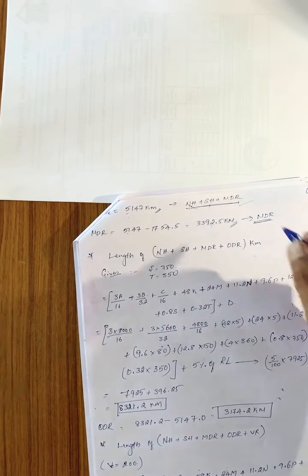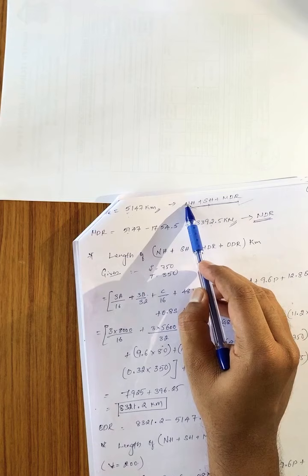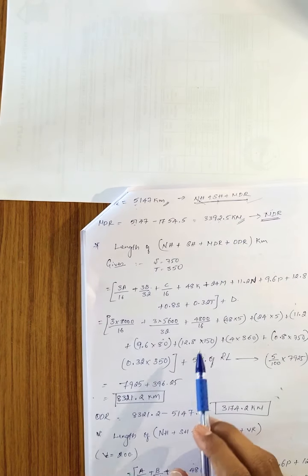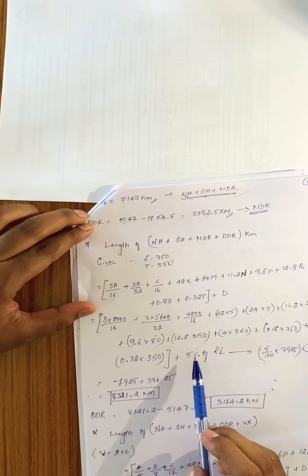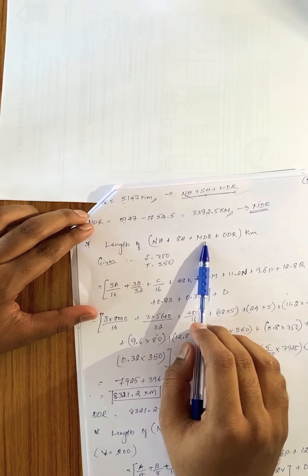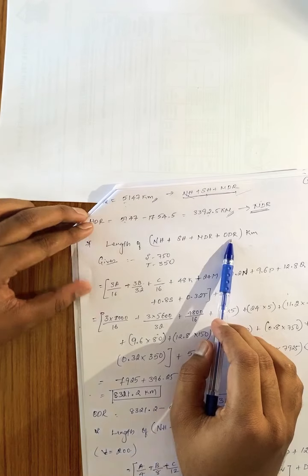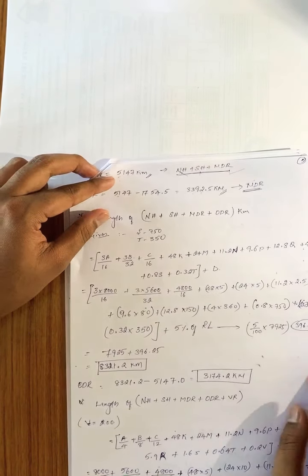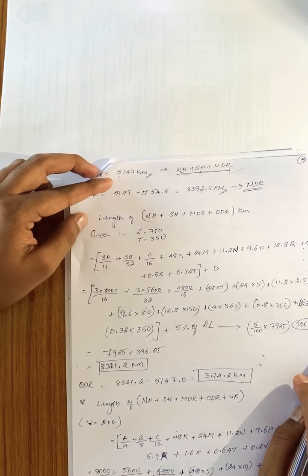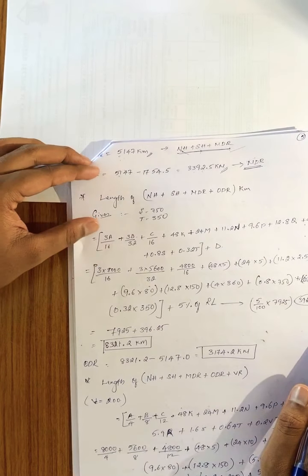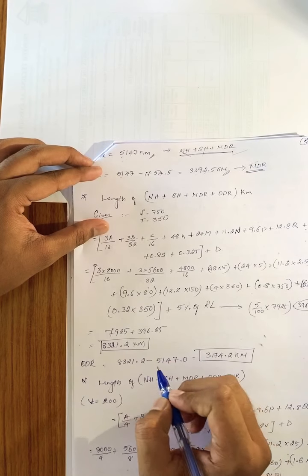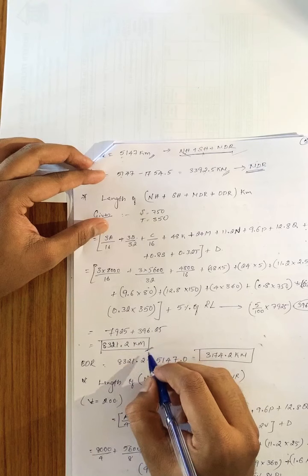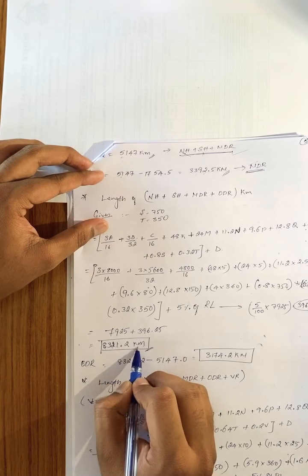So now we have got the lengths of the national highway, state highway and major district roads. Again, the next formula is to find out the total length of the national highway, state highway, major district road and other district roads. Again we have to apply the given data in the formula. Ultimately we will get the total length of the national highway, state highway, major district roads and other district roads. We got the answer of 8321.2 kilometers.